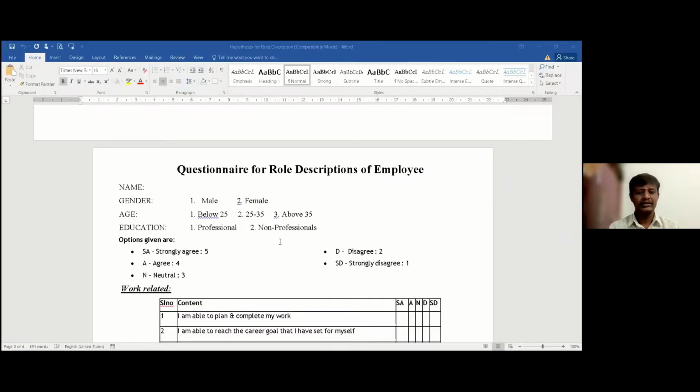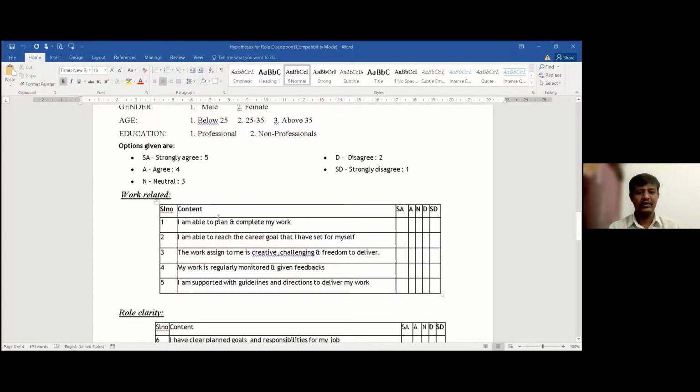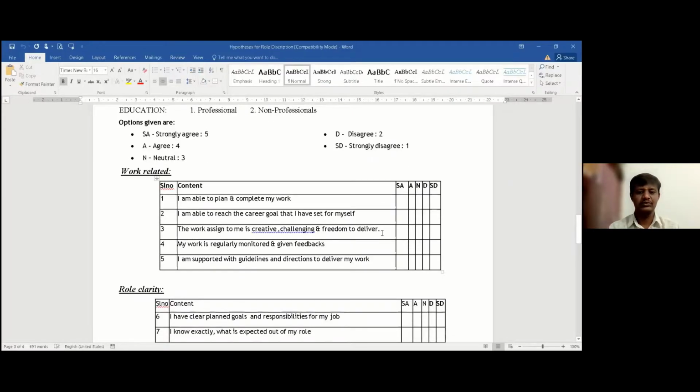In this questionnaire, we have 20 different statements plus 3 personal demographic questions. The data has been collected on a 5-point scale ranging from strongly agree to strongly disagree, where strongly agree is given 5 points and strongly disagree is given 1 point. So this is the questionnaire which we used to collect that data.